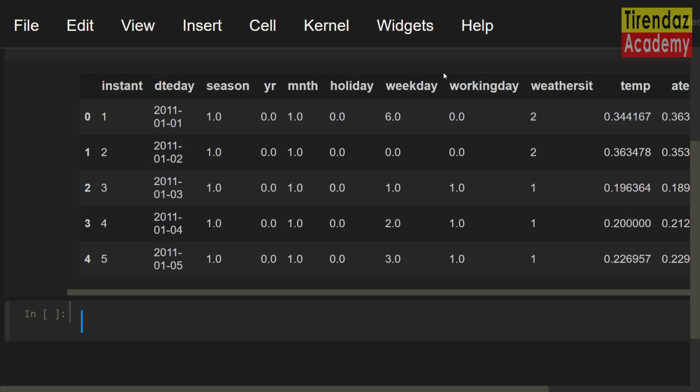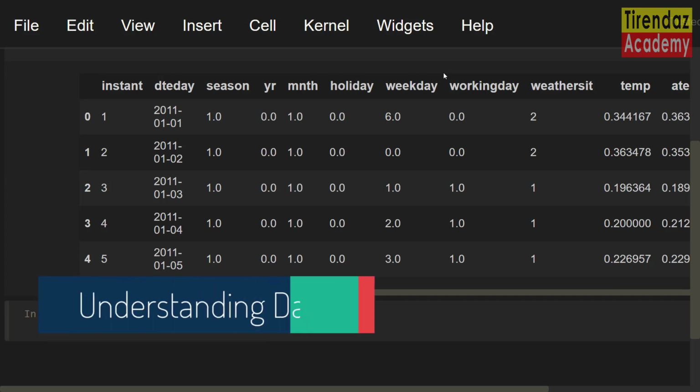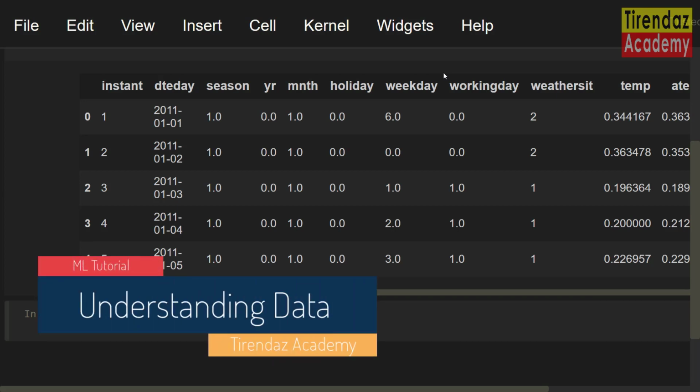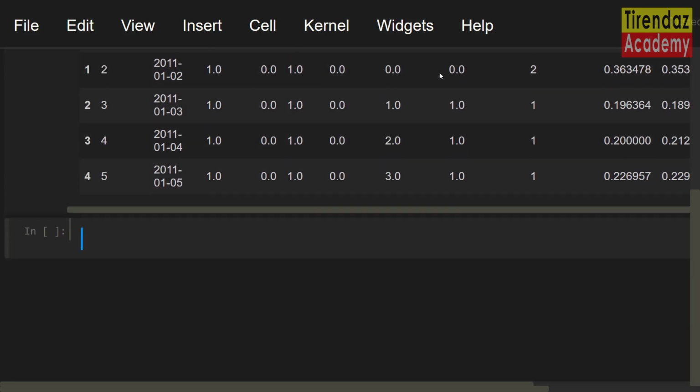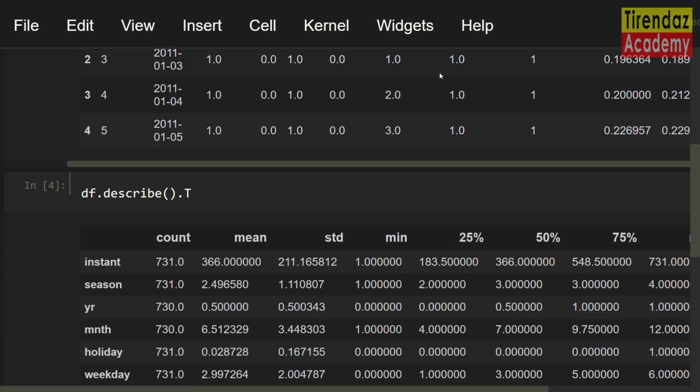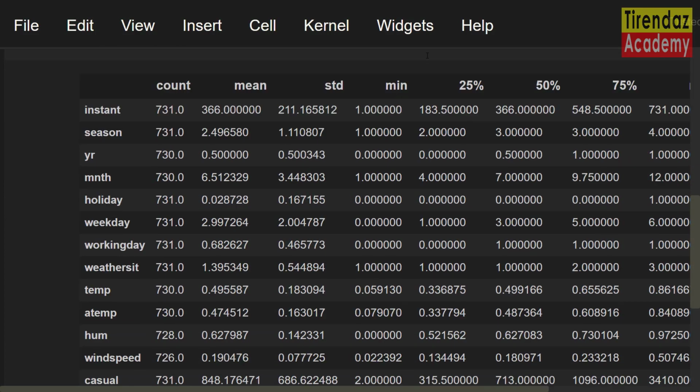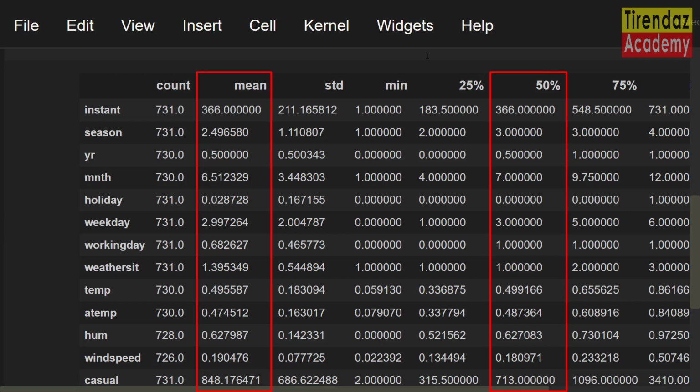Awesome. We saw the dataset. Understanding the dataset is one of the important steps of data analysis. After you explore the data, you can perform data processing and decide the model you will use. With the describe method, you can look at numerical statistics. df.describe. Let me use the T attribute for performing transpose. You can see the numerical statistics in this table. Note that the mean and median are close to one another. We can say that the data is roughly symmetrical.